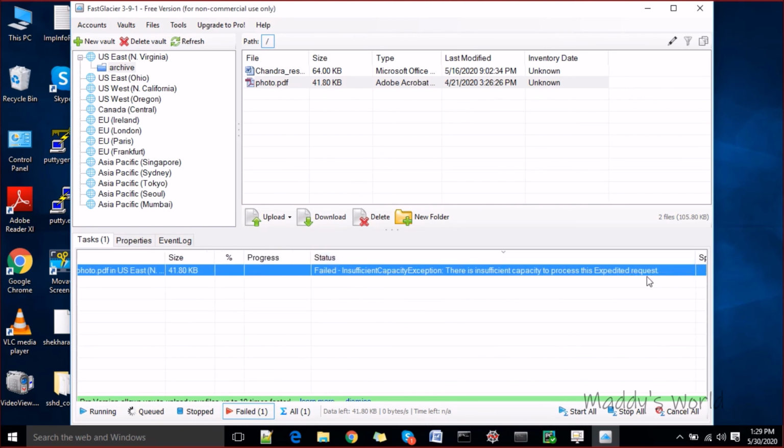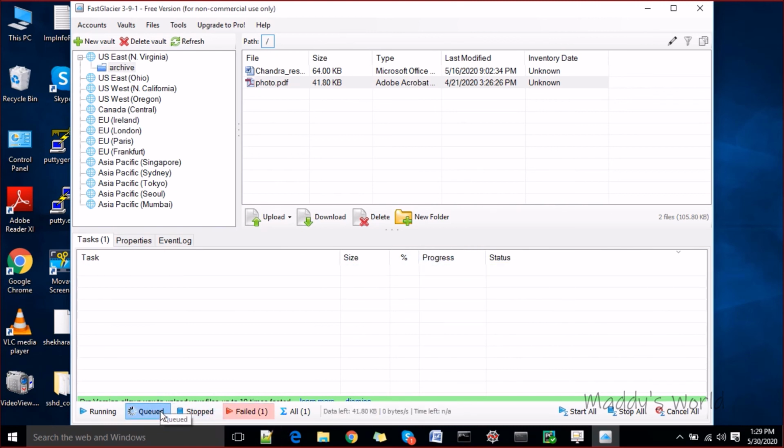Okay, so I think it may be because of free tier or something. We do not have capacity to expedite it quickly. So that's what it says. It is failing, though it is in the queue also. In the All section you can see only one, right?